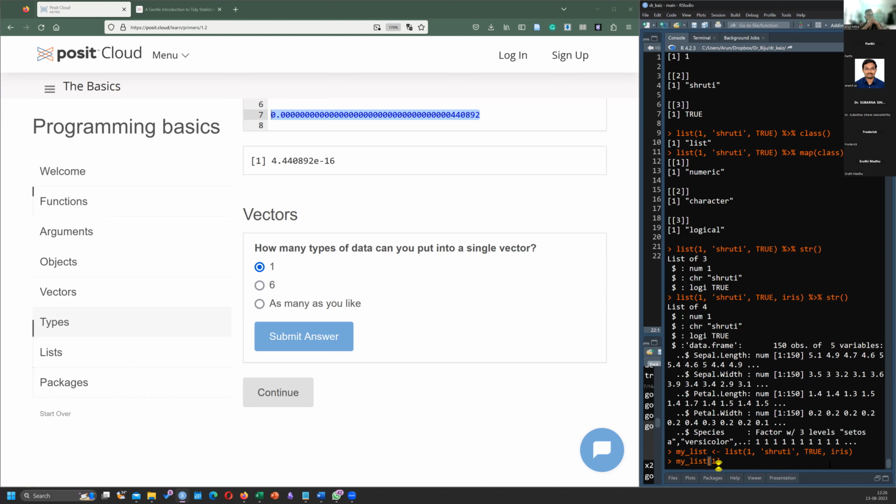See, what is my list? What does it contain? Numeric, character. It contains a list of things. It contains 4 things, right? Here you see. First is a numeric, Shruti is there, true is there, and a data frame is there.